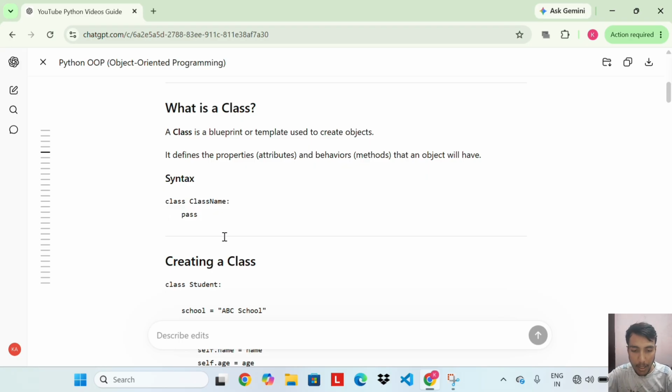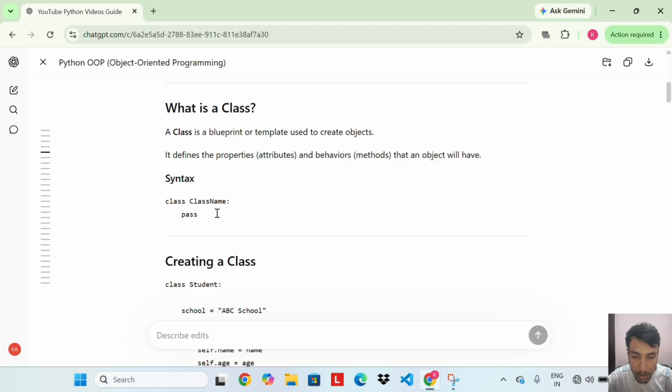The keyword class tells Python we are defining a class. After class, we write the class name, then a colon. By convention, class names always start with a capital letter, for example, Student.